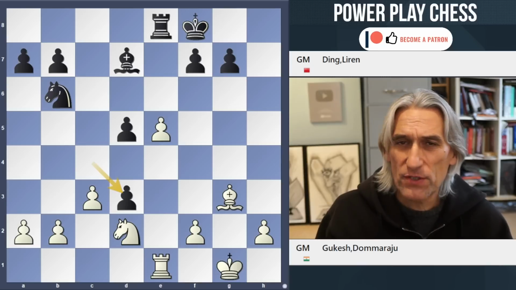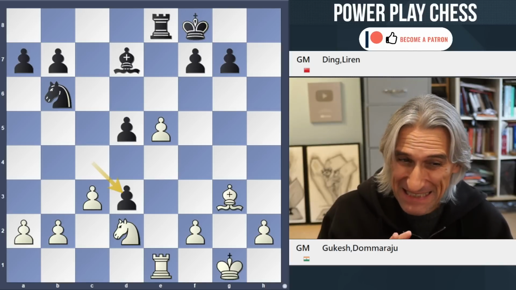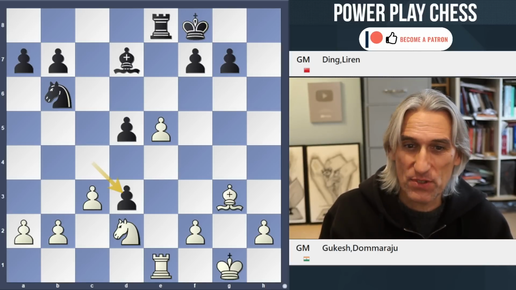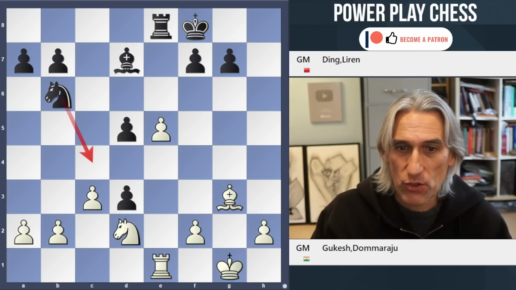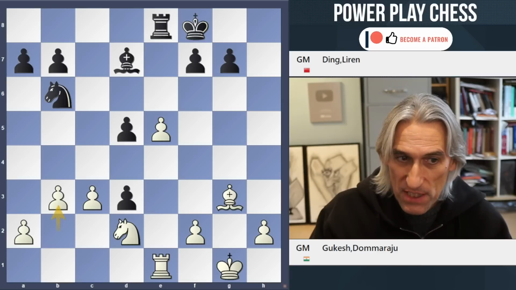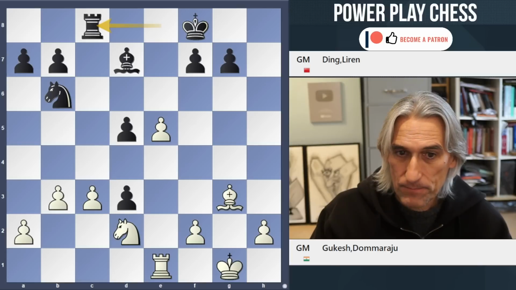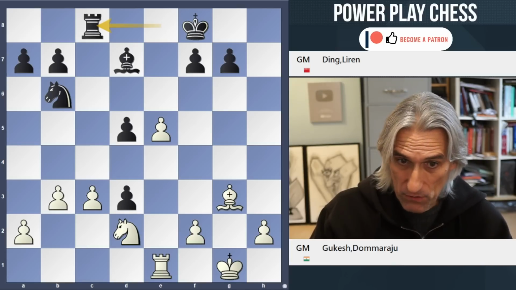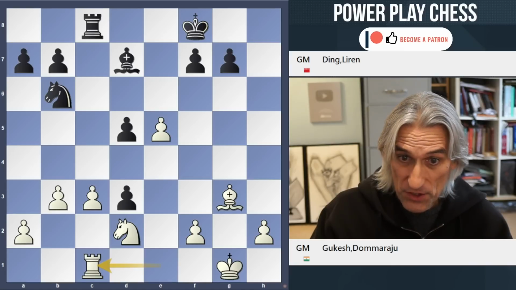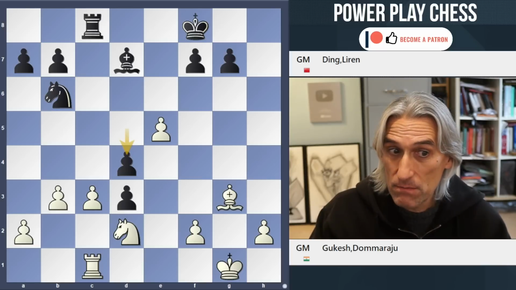And it was only around here that Gukesh appreciated that his position was actually a bit dubious. He's on the edge in this position. At first, he thought that he could prevent the knight hopping into c4 with b3. But you can see now that that pawn is weakened. Rook c8. And as he admitted afterwards, after rook c1, d4, his position is on the point of collapse.